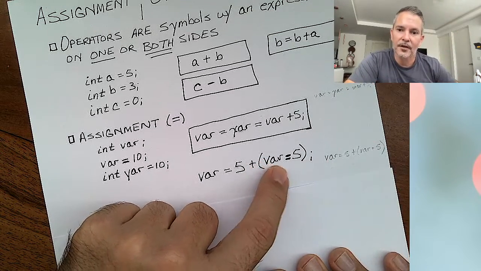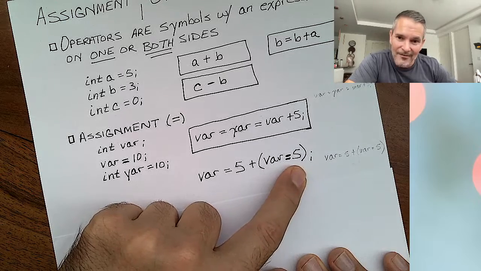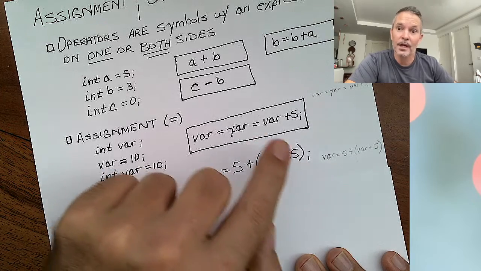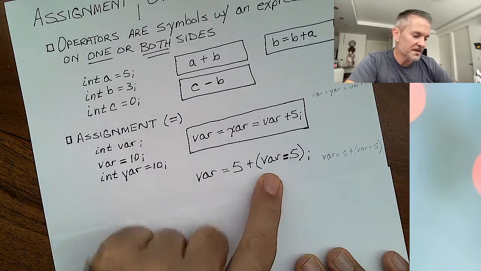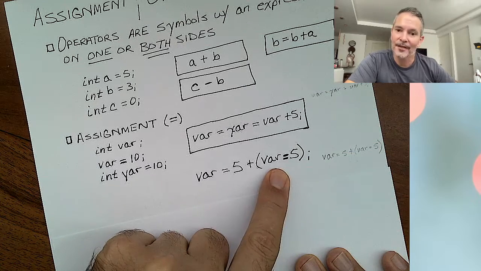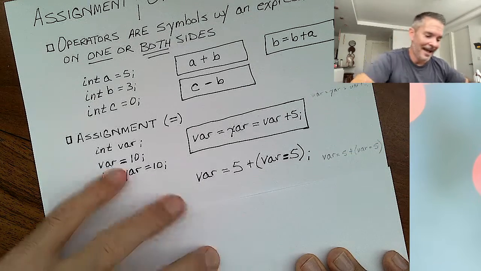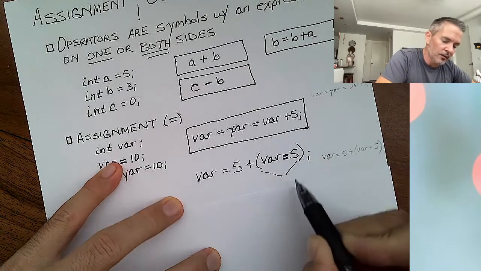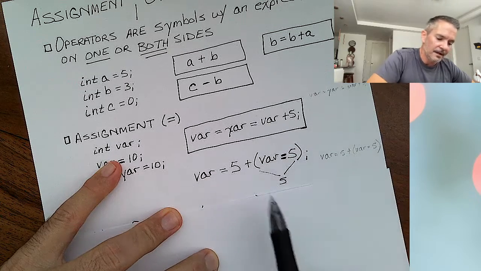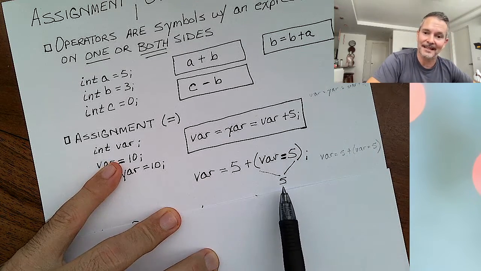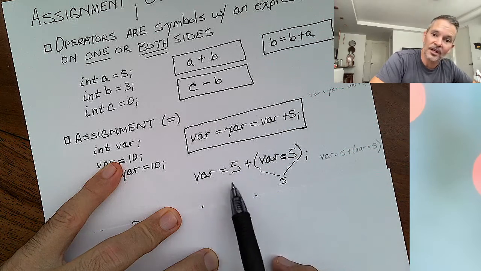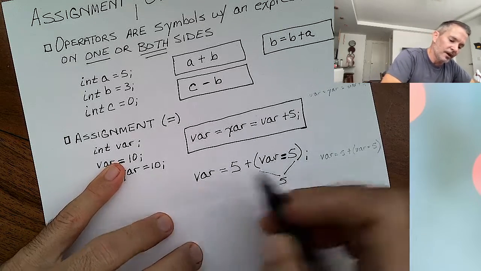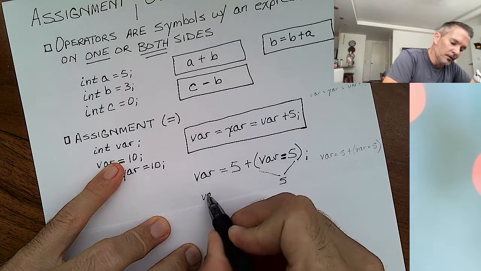What is var equals 5? Well, when you assign a value to a variable, the result of that expression is whatever value you assigned. So in this statement, I assign 5 to the variable var, and out of this expression, this entire expression also evaluates to the number 5. Then I say 5 plus 5 is 10, and I assign var to the result of 5 plus 5, which is 10. So when this whole statement is over, var will be equal to 10,